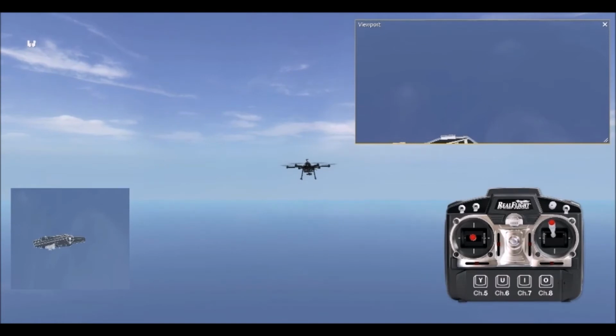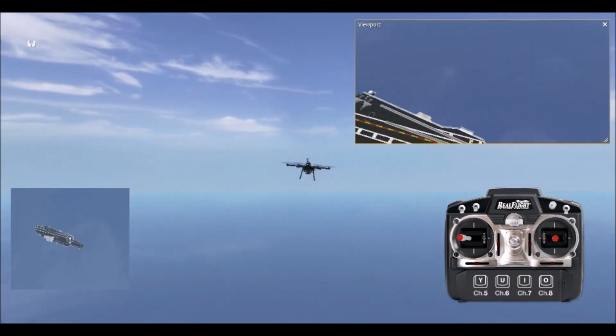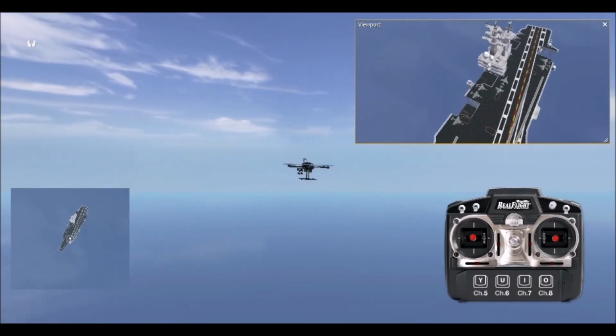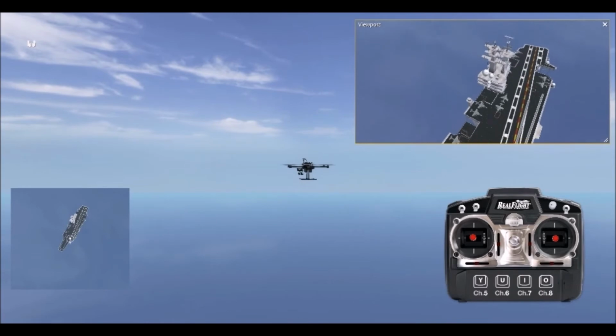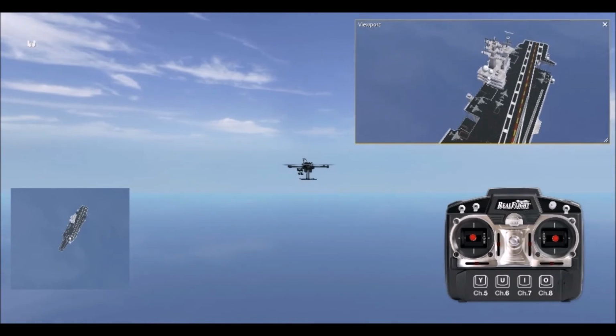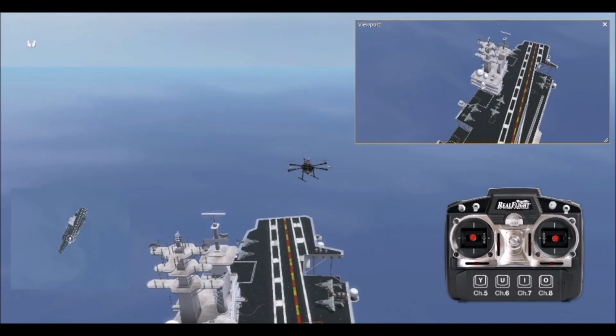And then essentially what I'm going to do here, guys, I'm going to spin this guy right around so we can essentially see the aircraft carrier. We can use our gimbal right here to adjust the camera up and down. And now I'm going to switch it to the center position right there. And essentially what's happening here, if you guys watch, okay,